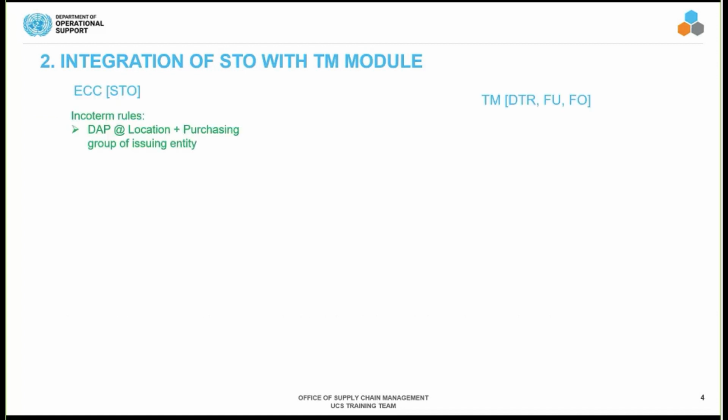Then another very important field is with regard to the Incoterm rules that you are going to populate in the STOs. So we have different scenarios. We have scenarios where we select Incoterm rules DAP and a location, and then we need to combine it with a purchasing group of the issuing entity. So DAP and purchasing group of the issuing entity